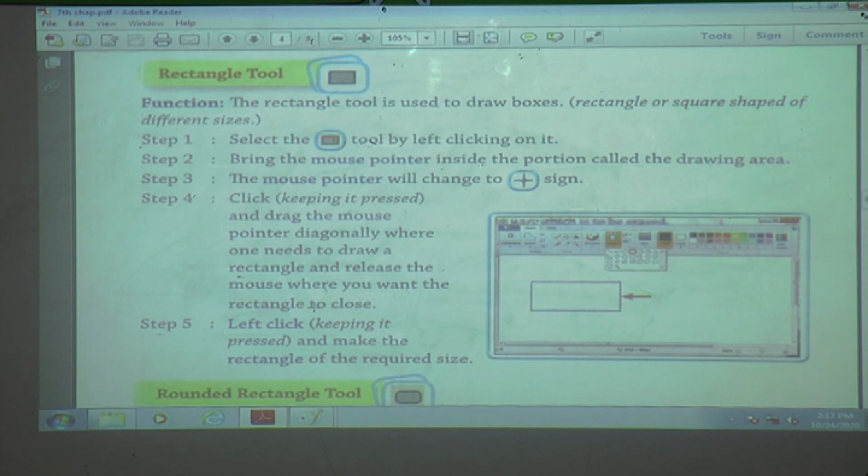Suppose we want this size only, then stop over there. Next step is to left click, keeping it pressed, and make the rectangle of the required size. We will show how to draw a rectangle.